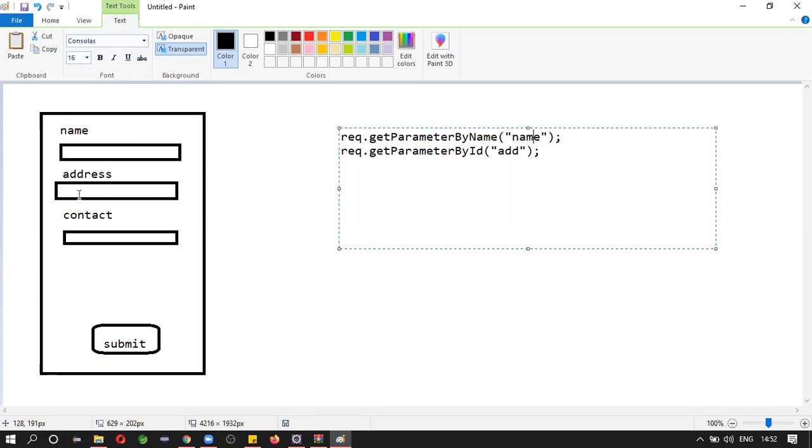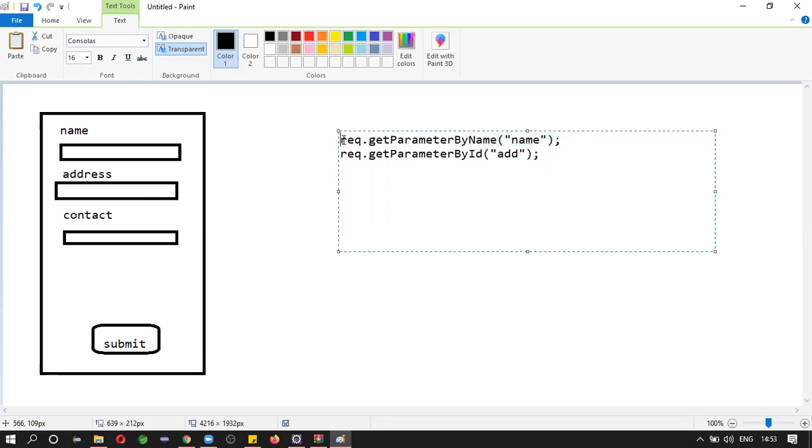You can identify a tag or element by using a label name or ID. So that ID is add. I will show you later. Don't worry.